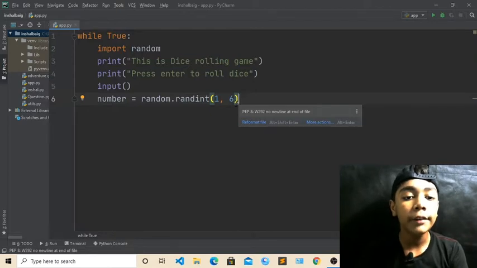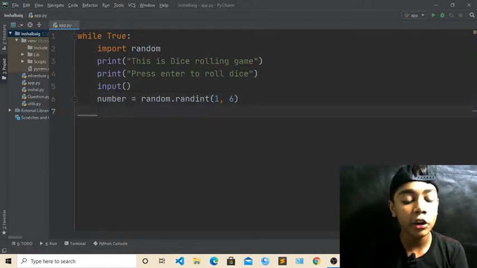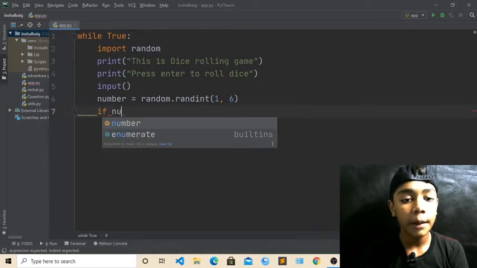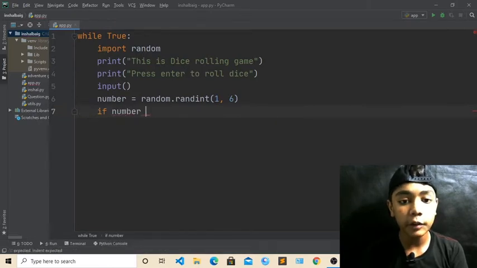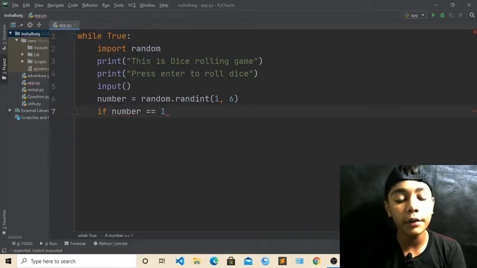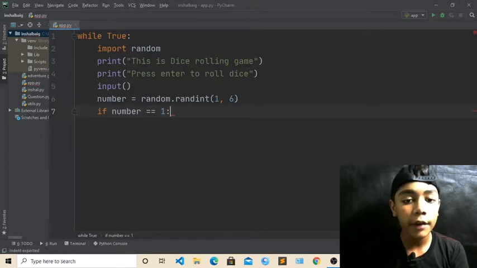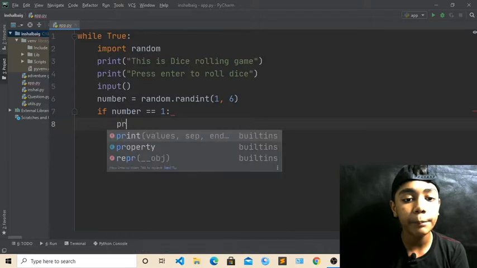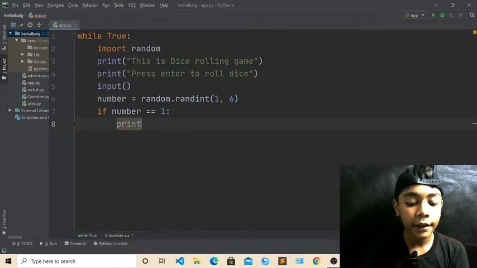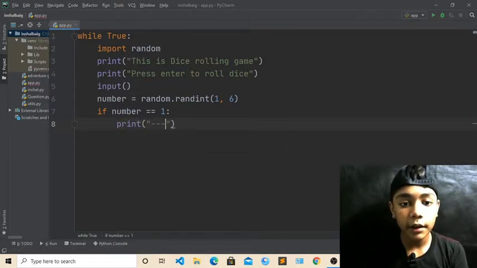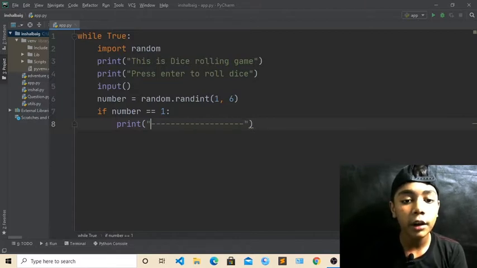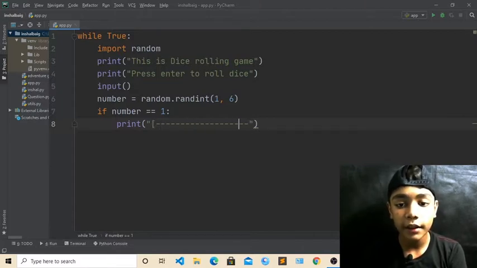Now when you have done till here, write: if number equals 1, because first of all we have to define 1. Write a colon, press enter, and write print. Now write the dashes, and then a square bracket open and square bracket close.